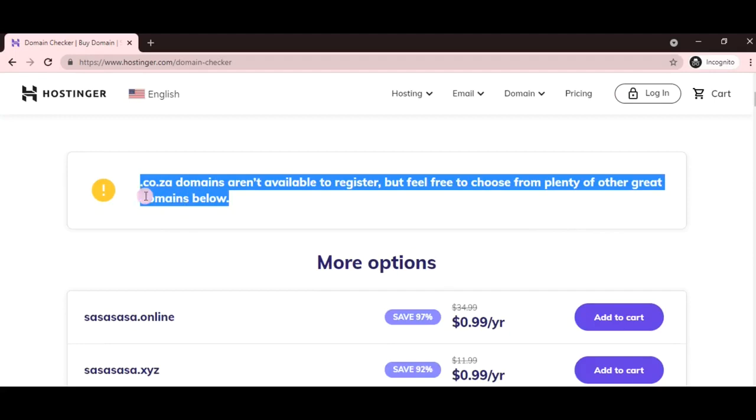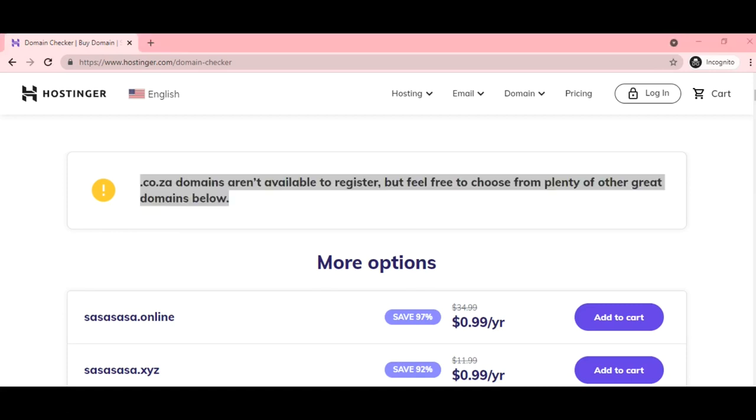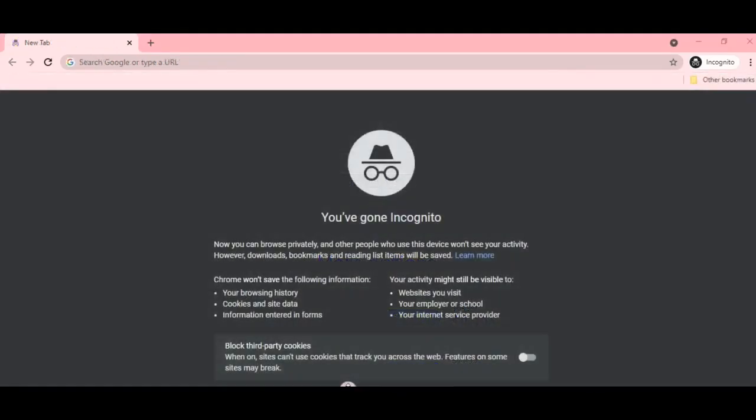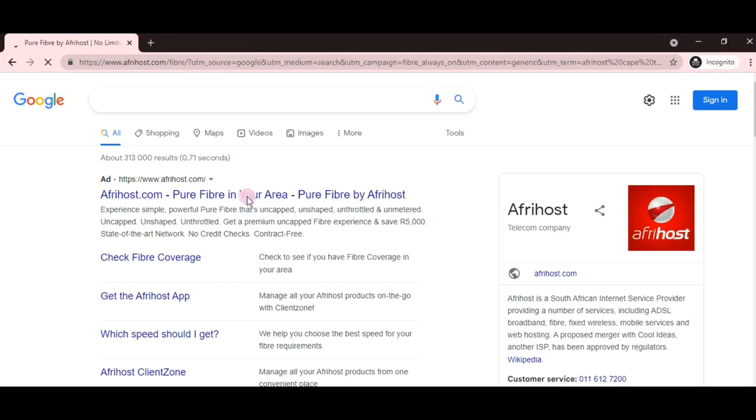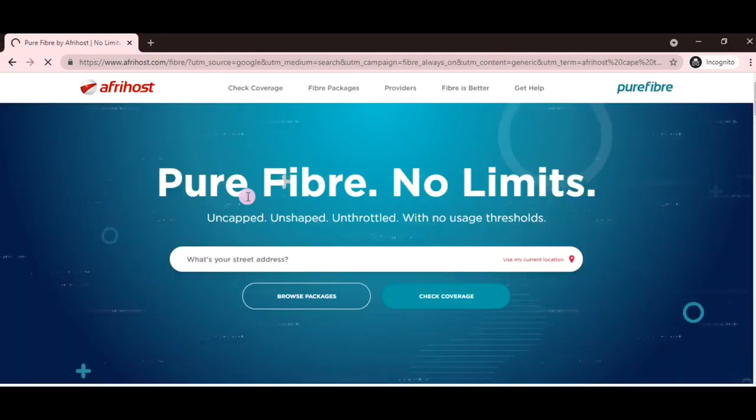So let's have a look at some of the South African or African web hosting services and see how you can check the availability of a domain name. So first up is AfriHost. So on your web browser, you can type afrihost.com. Now on the website, click the AfriHost logo,